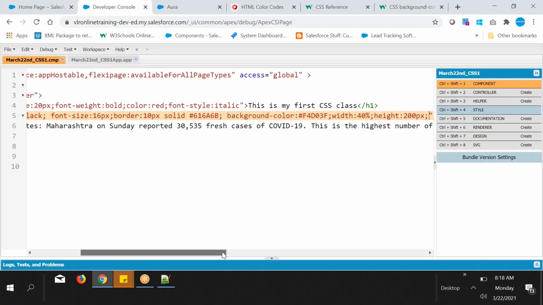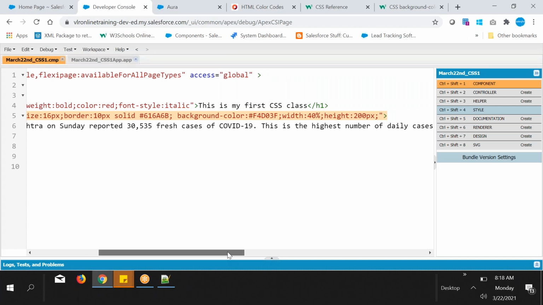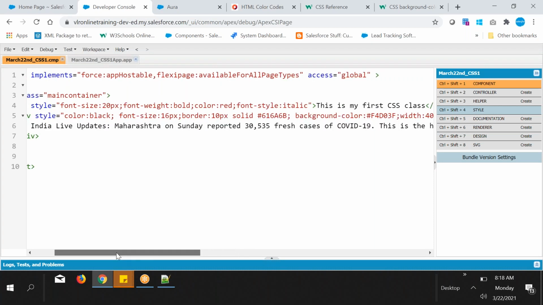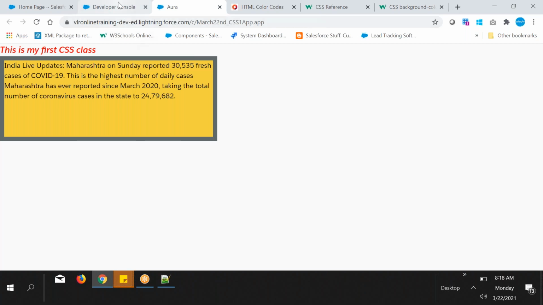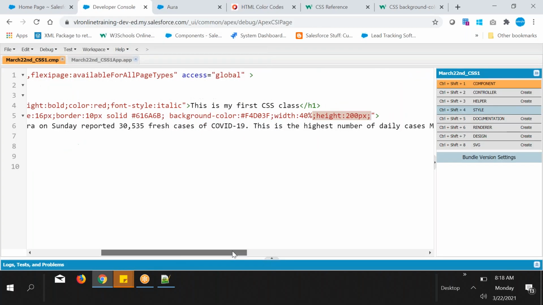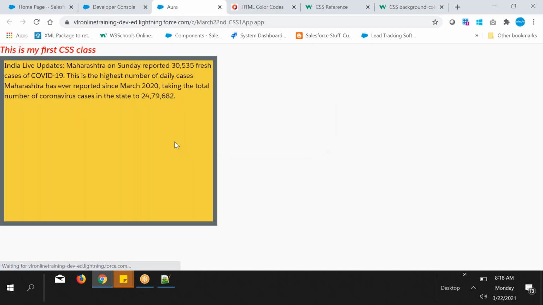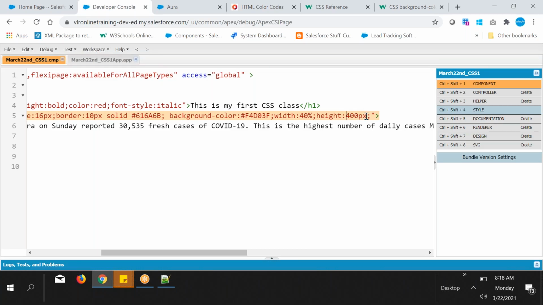So now height is 200 pixels, right? Okay, cool. Suppose I want to increase the height, what can I do? Increase to 400 pixels and refresh it. So now you observe here, right? There is a gap. Even if there is a gap, no problem. So that div occupied 400 pixels. And if you want to display with percentage, you can display it. Suppose I want the height to occupy 50% or 60% or 70%, you can just display with the height percentage.